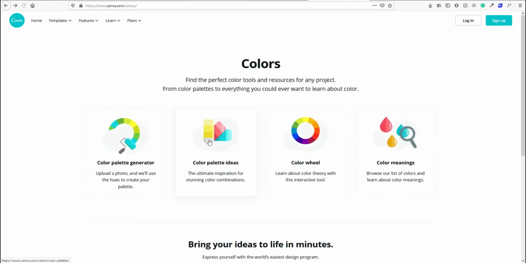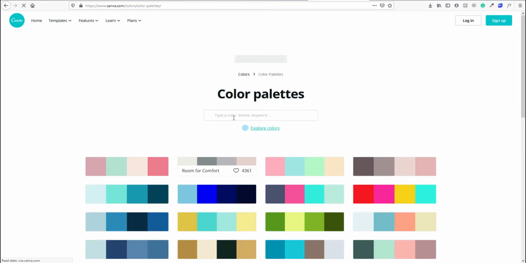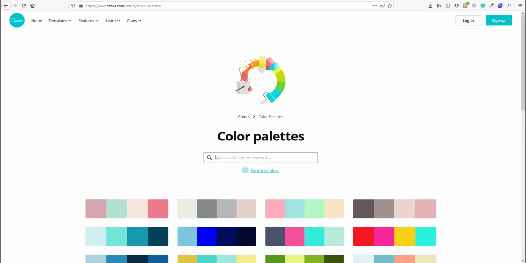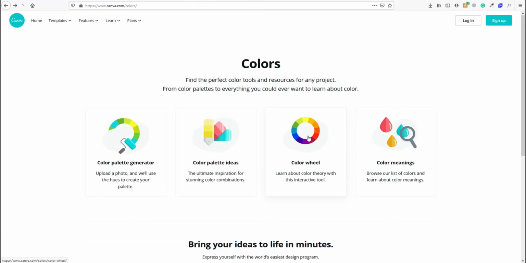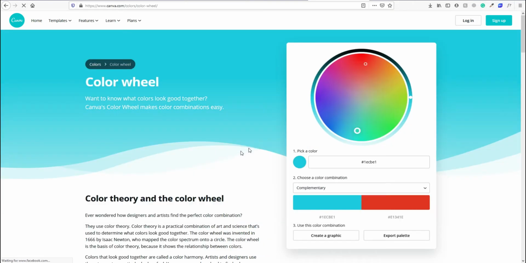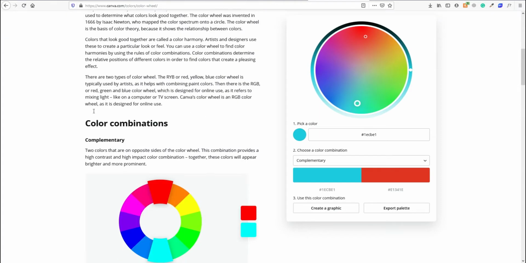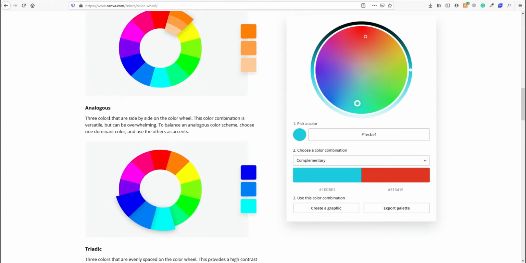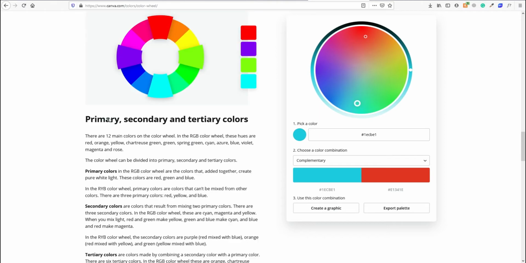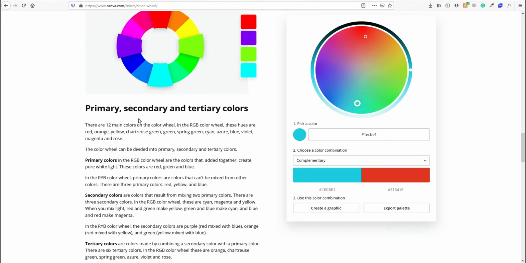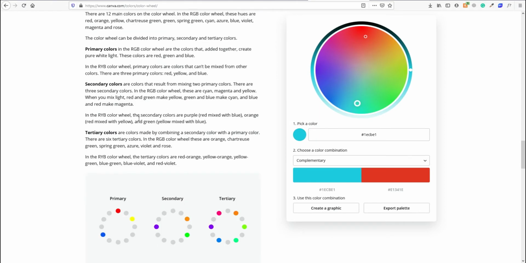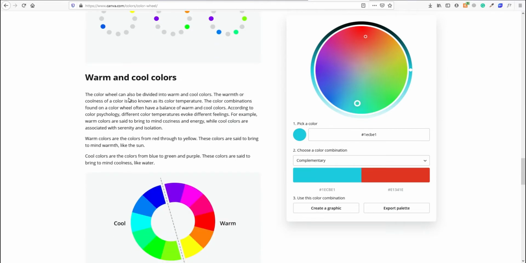Then you can go back here to color palette ideas. Just type in the color or theme or keyword that you want, and it will give you suitable color palettes here. Then the color wheel tells you about color theory and other things about the color wheel. So here they tell you about color combinations and what primary, secondary and tertiary colors mean, what warm and cool colors are.